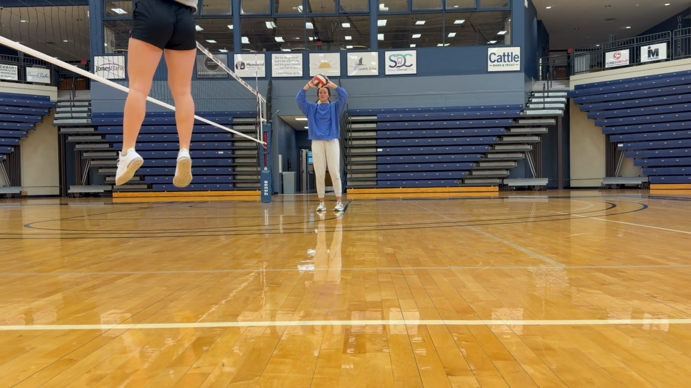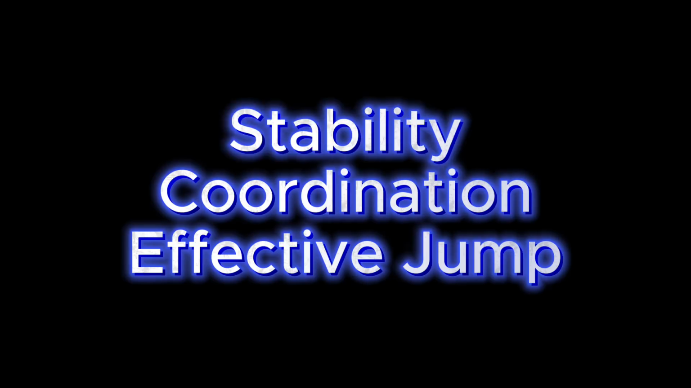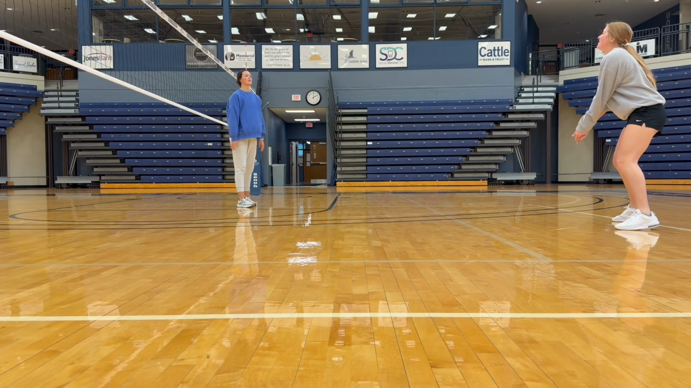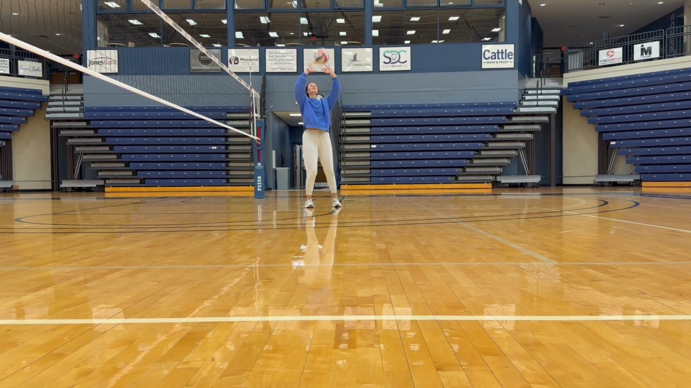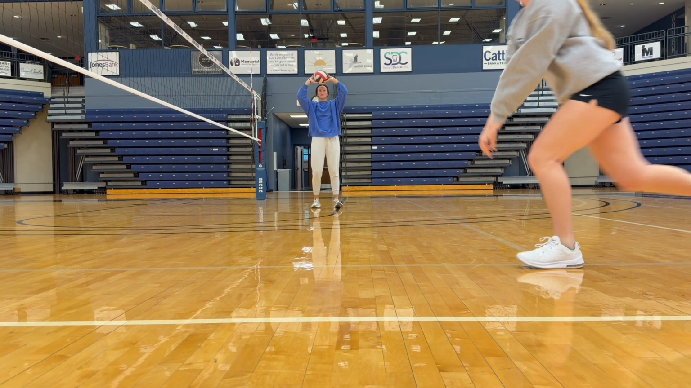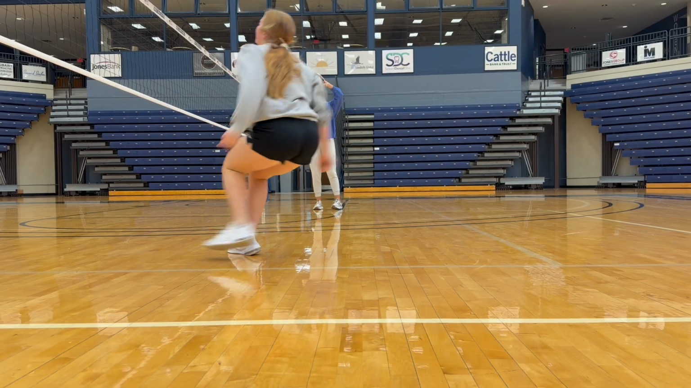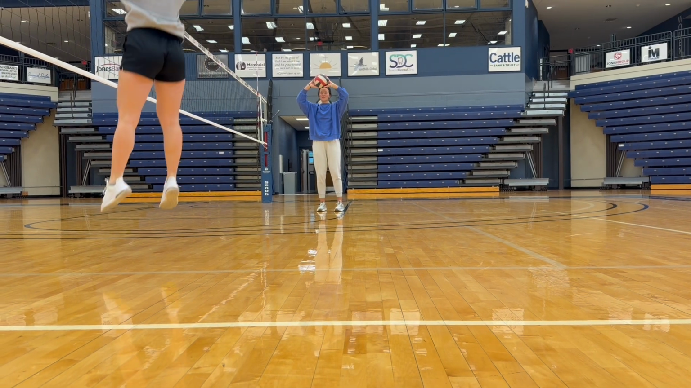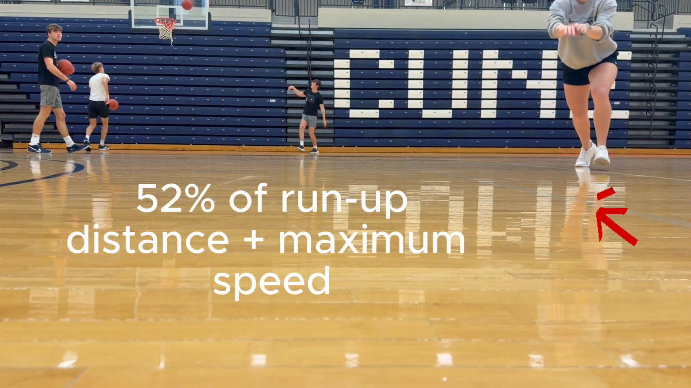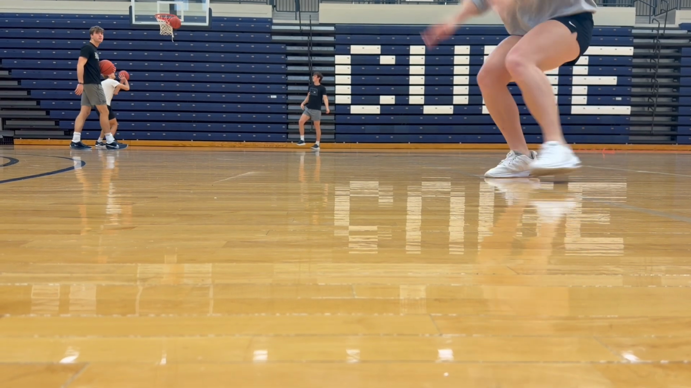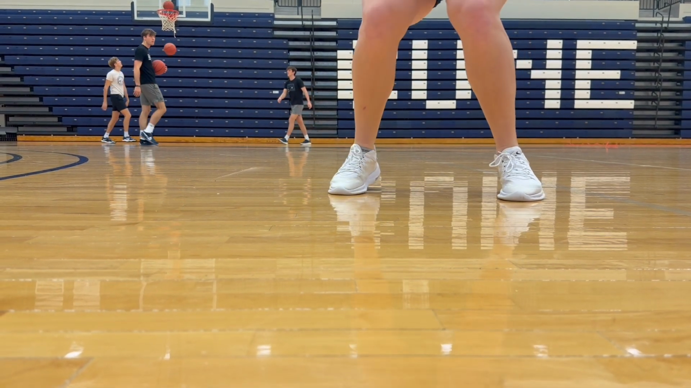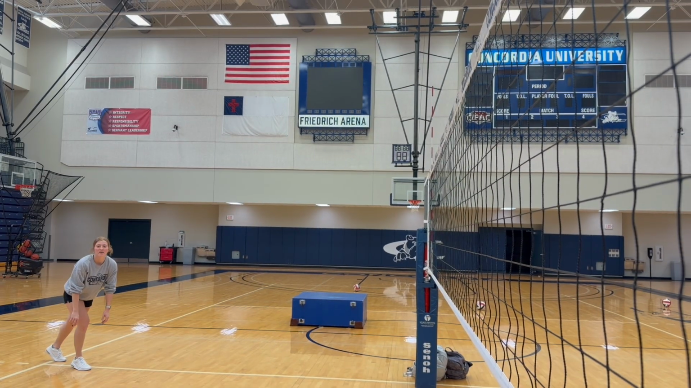Maintaining control of your center of gravity throughout the approach is crucial for stability, coordination, and achieving an effective jump. The whole approach run process showed us that the first step was small, the second step was large, and the stride gradually increased. The second step has the largest amplitude, accounting for 52% of the total run-up distance, and the maximum speed of the run-up is also generated in this step. In the same way, the athlete can gradually increase the speed of the center of gravity to facilitate the transition